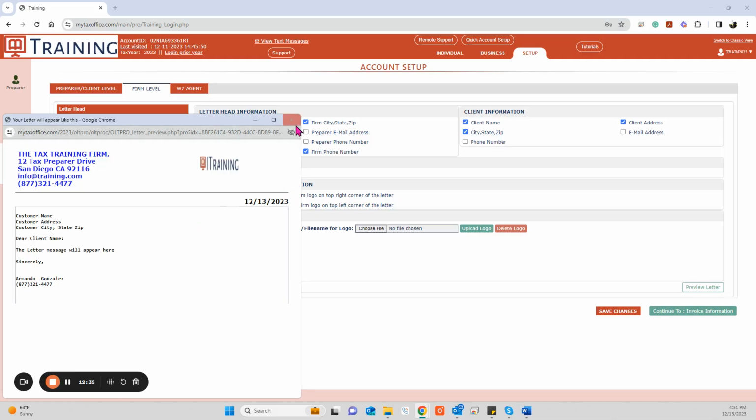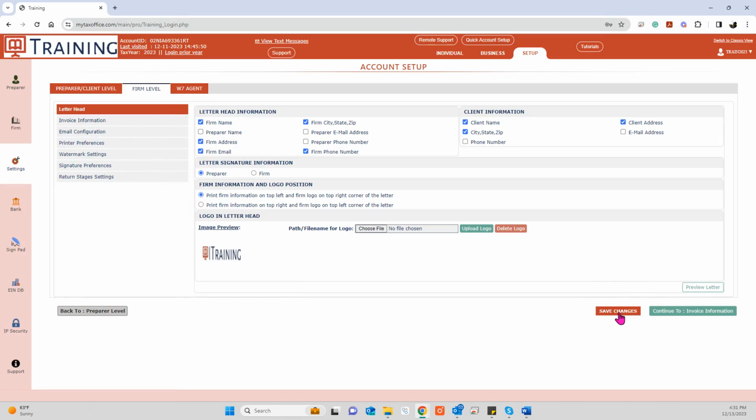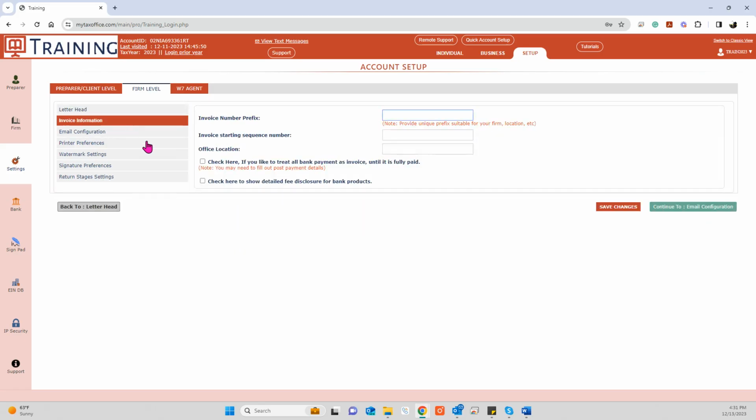It all depends on your preferences. Just remember to click Save Changes after you select your preferences. If I go to invoice information, you must provide this information to start. I like to use the tax year. So for this coming year, I would do 2023, a starting invoice number of 1501, and an office location may help you identify